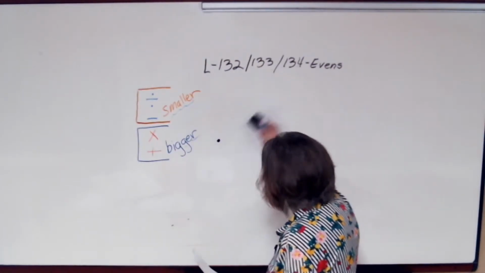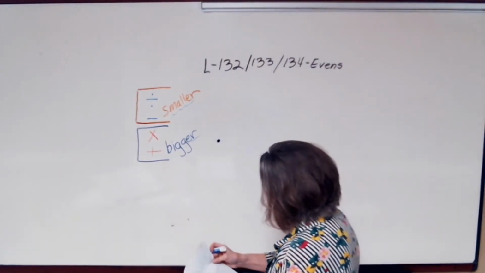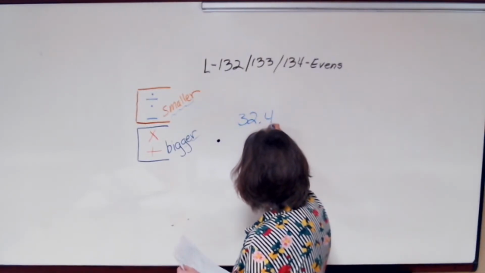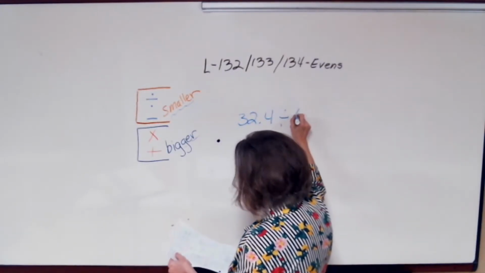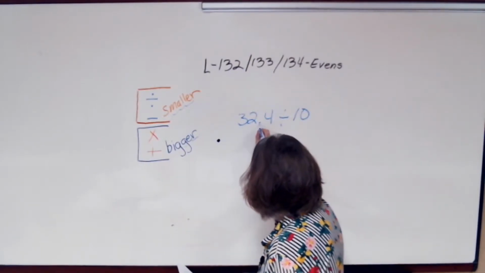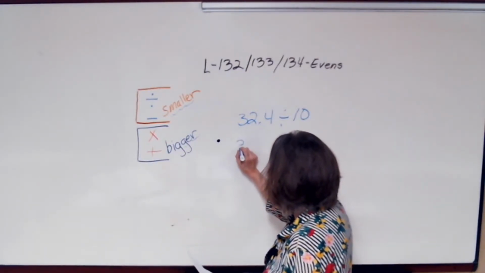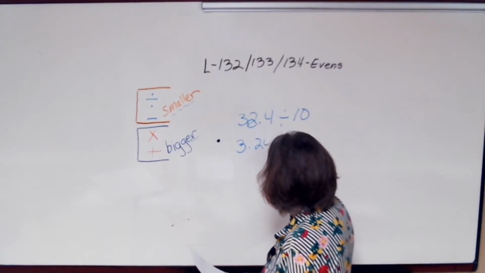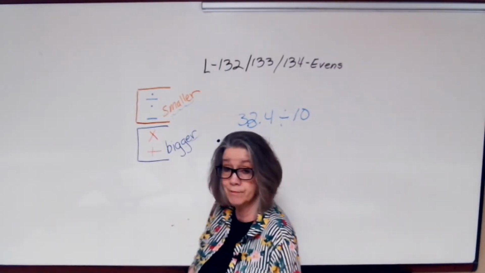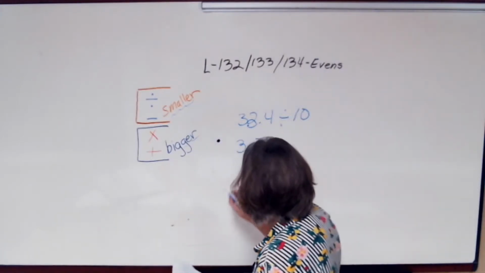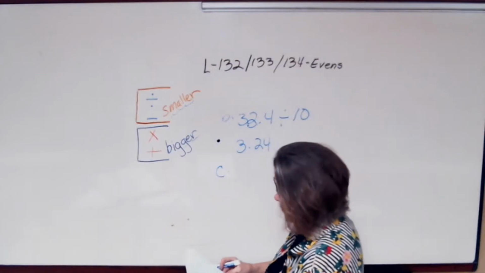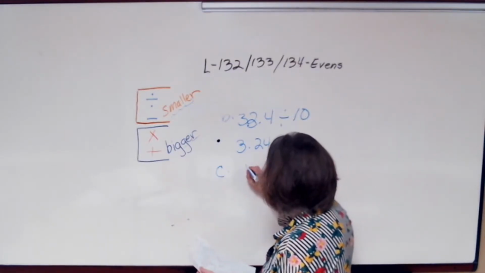Let's go to B. B is 32.4 divided by 10. Again, what do you do? You just move it over. So we write 3.24 is your answer on that one. You see that? Now let's go to C. Make sure you can still see that. Okay, C is